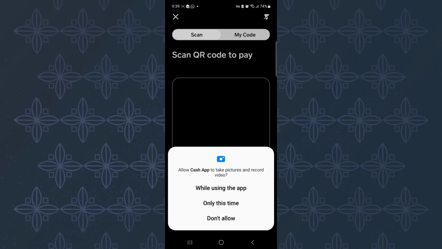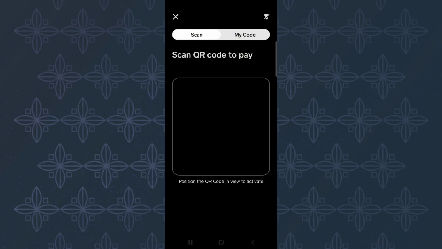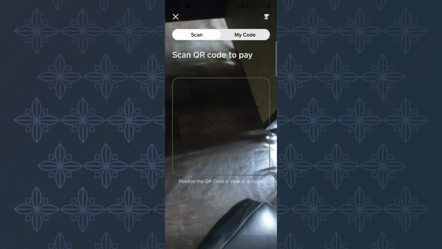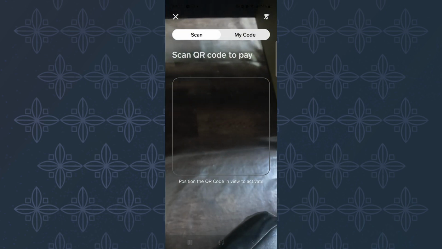After that, a menu that asks you for Cash App permission to access the camera appears here. The menu has different options. From them, I will choose this one here. This step is very important. Make sure you don't skip it. After that, the camera appears, and all you have to do is to focus the camera on the QR code